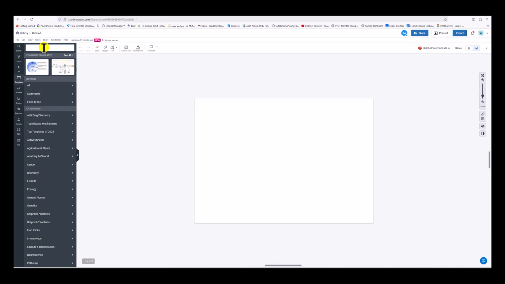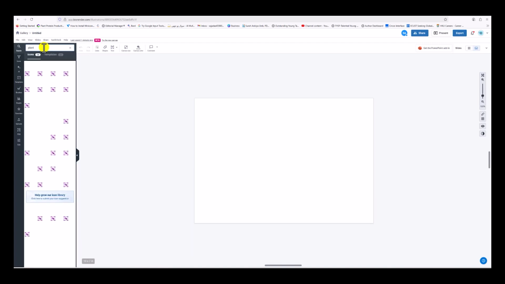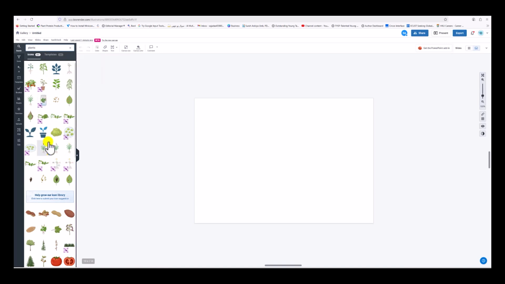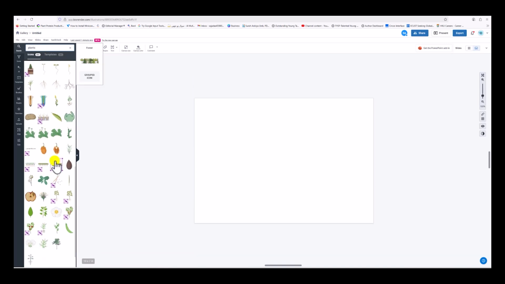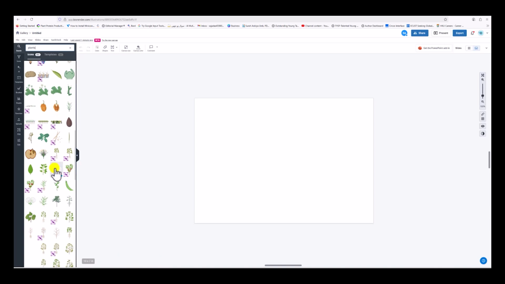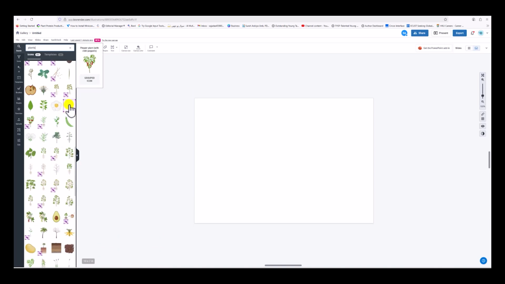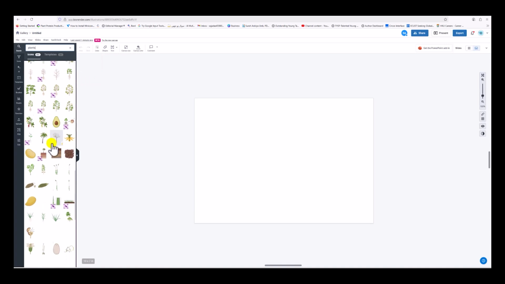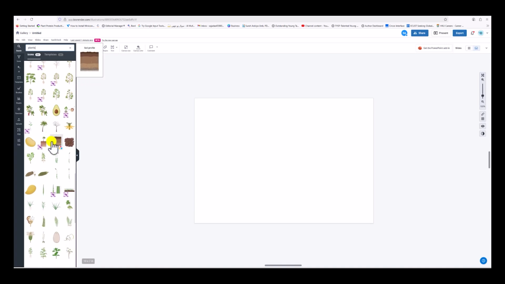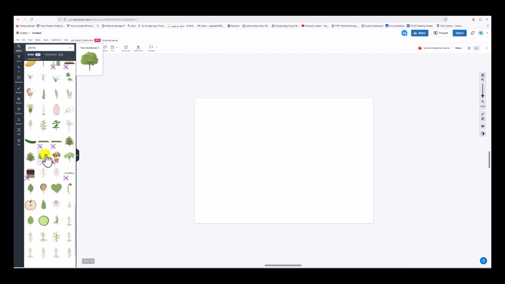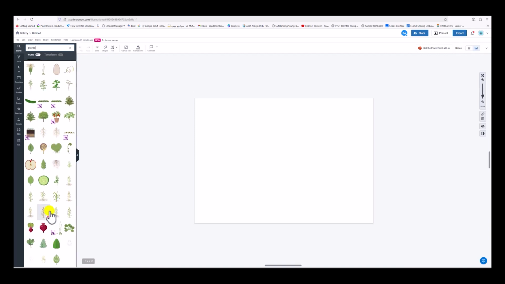For example, I want to create a figure related to plants. So I will write plant. When I write plants here, you can see that I can get different plant types, and you can specify it, but I will make it easy for you. For example, you can choose Arabidopsis, rice plant, or wheat plant. If I want to create this one, I think it is rice.